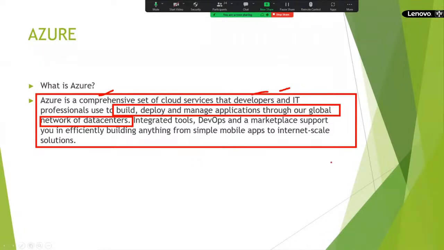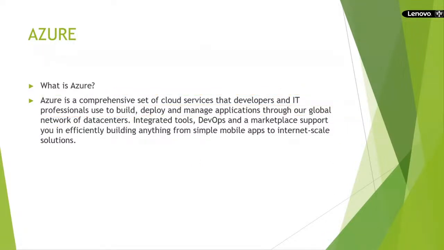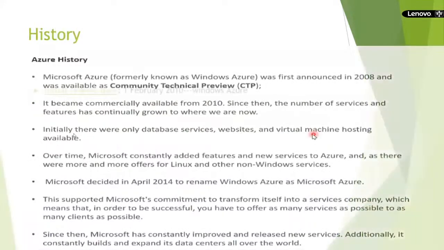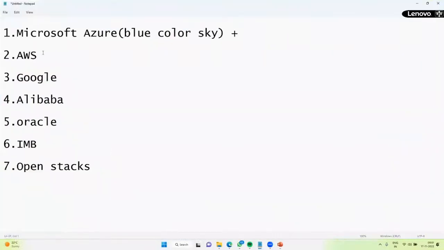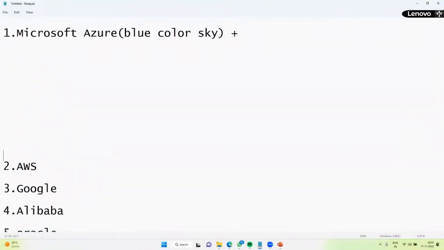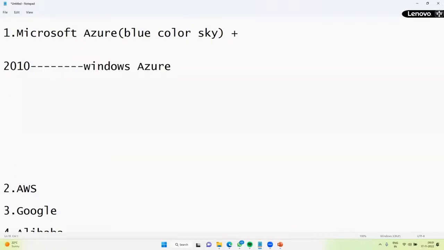Next. Microsoft Azure came to the picture in the year 2010. At that time we called it Windows Azure. Later, in 2014, they introduced a deployment model called ARM, Azure Resource Manager.